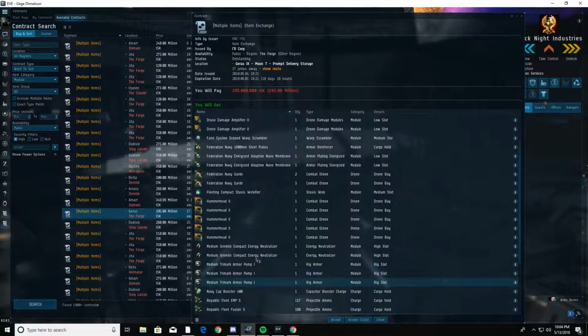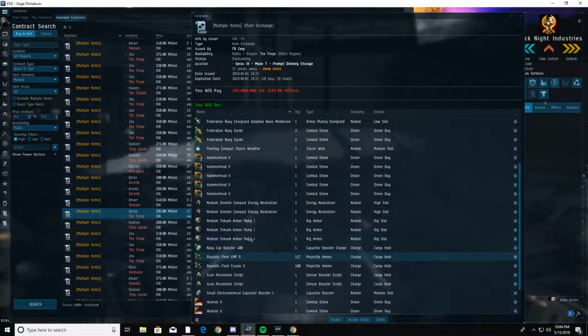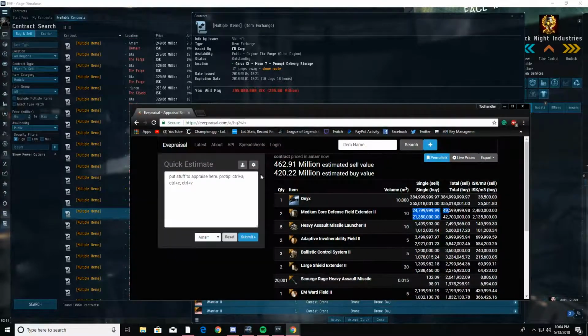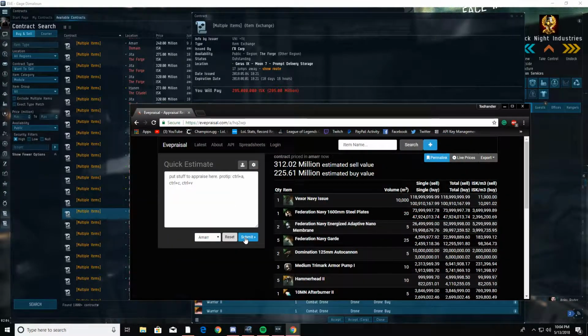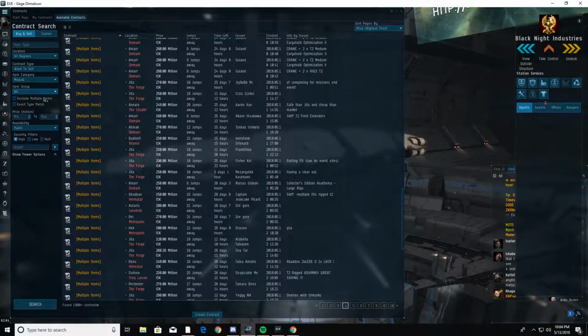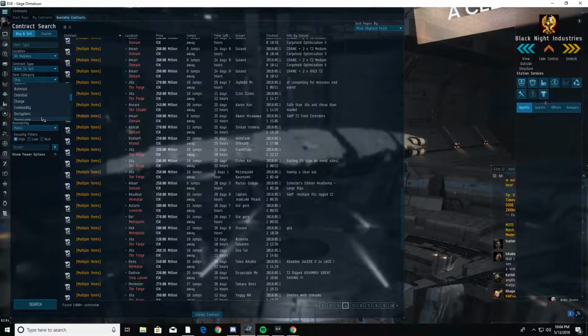Maybe fix your engine. Maybe issue. It's got Tech 1 rigs. We might be able to make some money off this, guys. Tech 1 rigs. Let's see. 300. Nope. But that's the purpose, guys. It's just finding the needle in the haystack, jumping back from modules to ships to